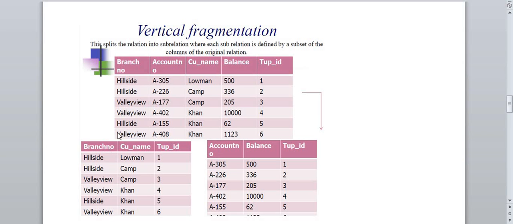In another relation we have kept account number, balance and tuple ID. So these two relations are subsets of the main relation. We have divided the main relation into two fragments. This type of fragmentation based on the fields is known as vertical fragmentation.